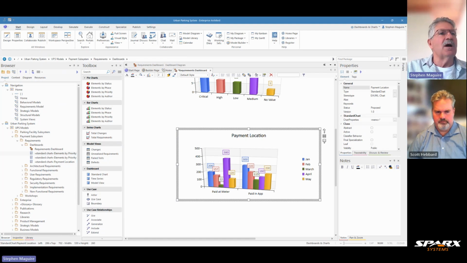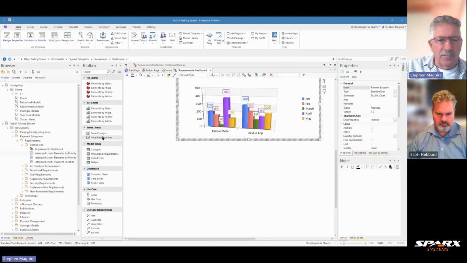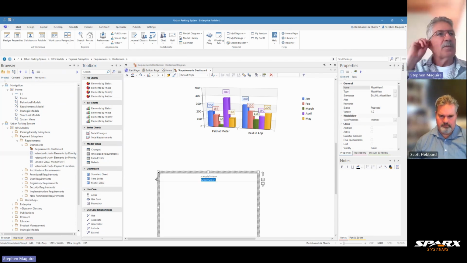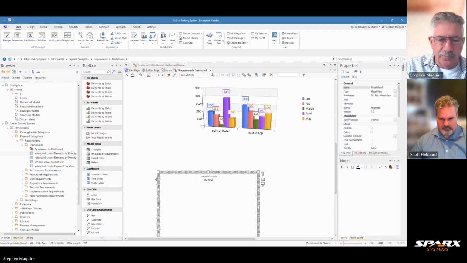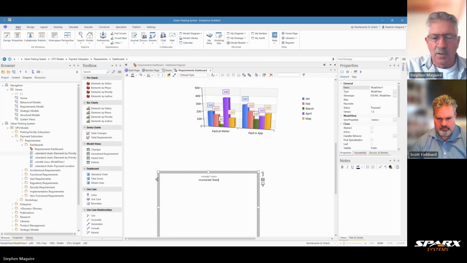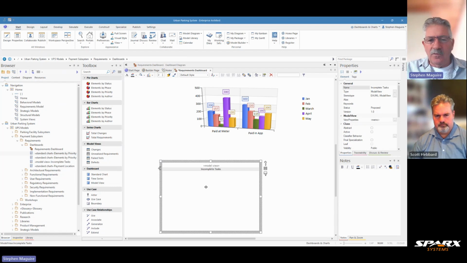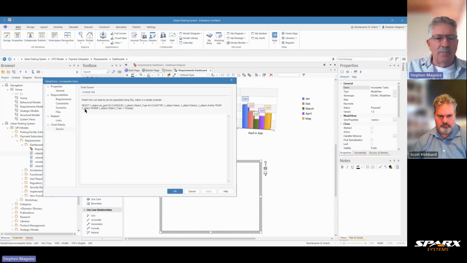Let's have a look at another one. Let's have a look at a standard chart. We'll have a look at a model view. So this is an interesting one. We just looked at a standard chart. We'll look at a model view, and this one I'm going to call incomplete tasks. So again, there's my model view, and I'm going to click on this one, and now